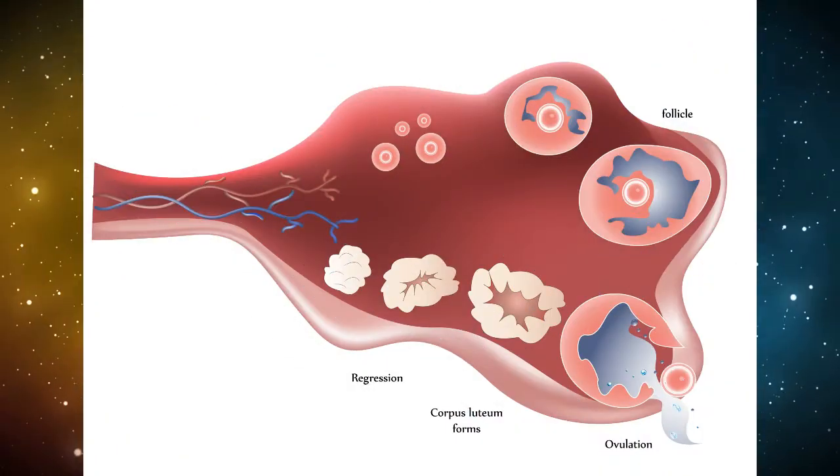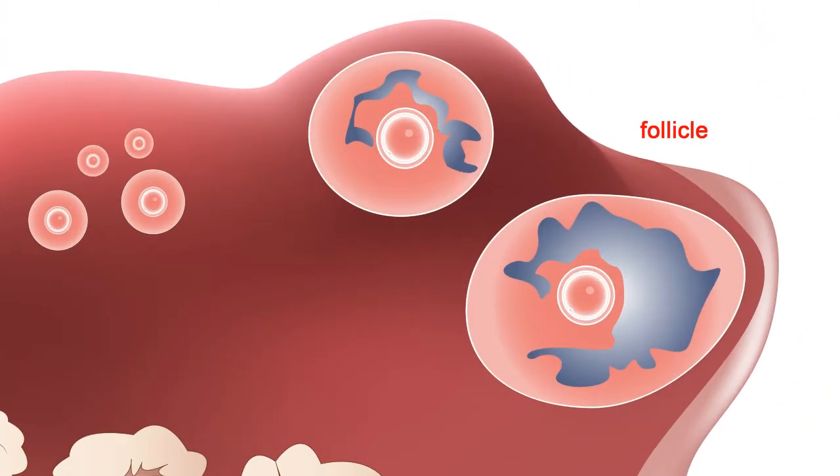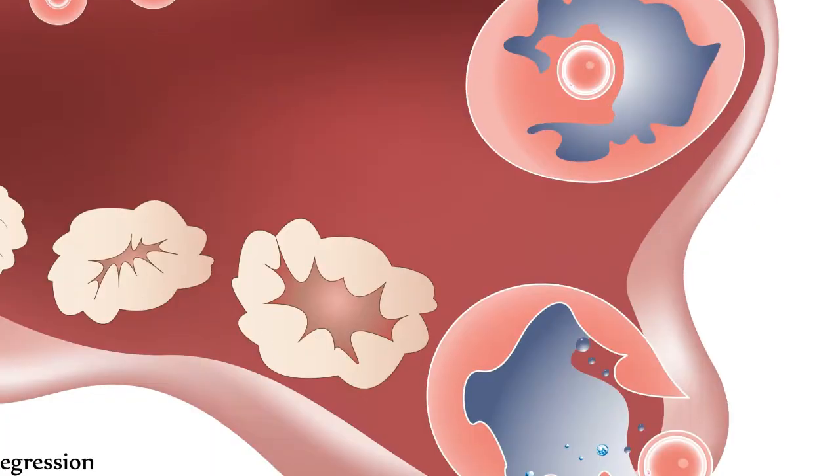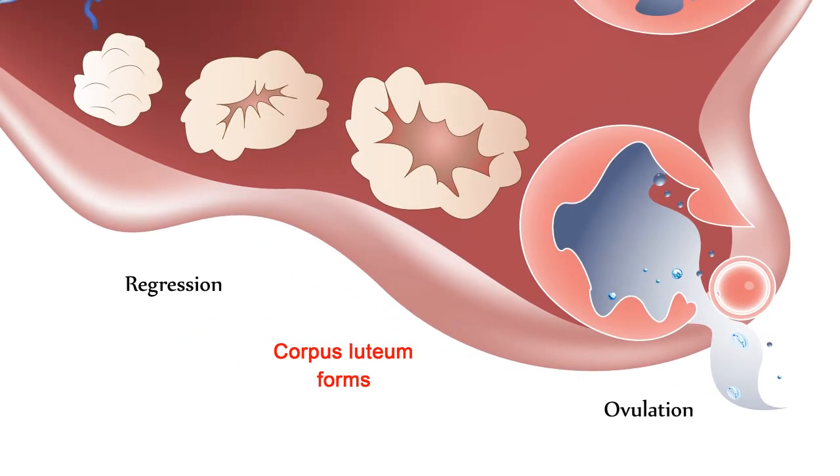Once the bleeding stops, the endometrium will begin to rebuild itself and thicken under the influence of the estrogen being secreted by the growing ovarian follicles. Halfway through the cycle, on day 14, one of these follicles pops and ovulation occurs, as we see here in the bottom right of this image. What's left of the burst follicle is now known as the corpus luteum, which secretes a great deal of progesterone, which stimulates the endometrium to increase its secretions of mucus and glycogen, creating a pregnancy-friendly environment in case a fertilized